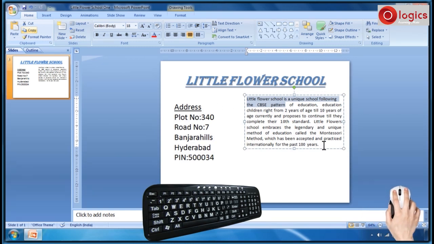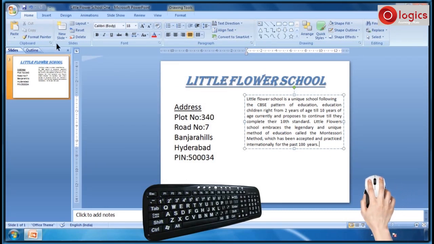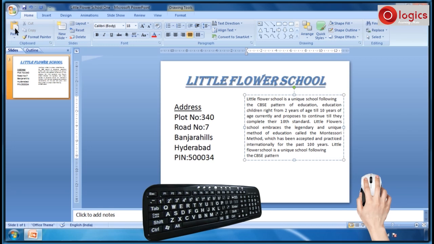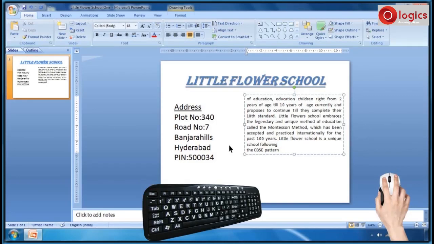I would like to copy the text here. So click here. Now click on paste command in menu bar. See, the text has been copied to the desired location. Children, you have seen how to copy the text to a new location in the placeholder.